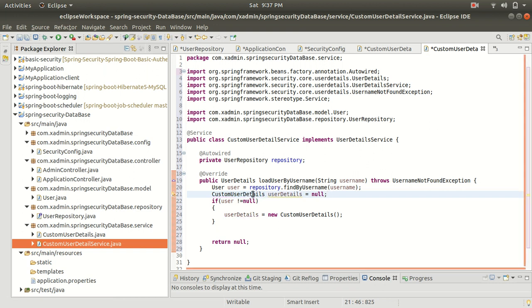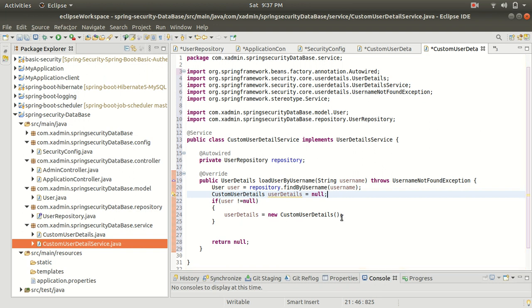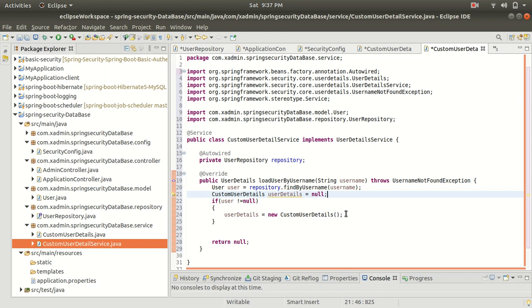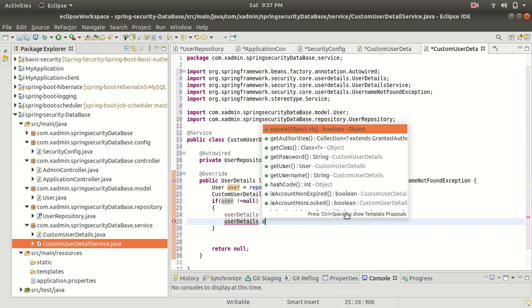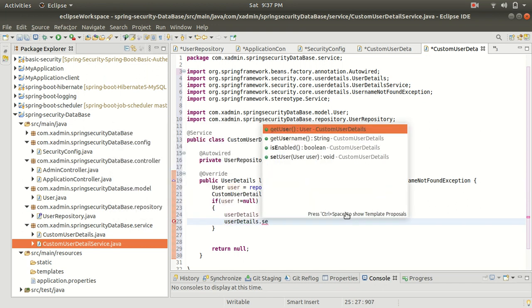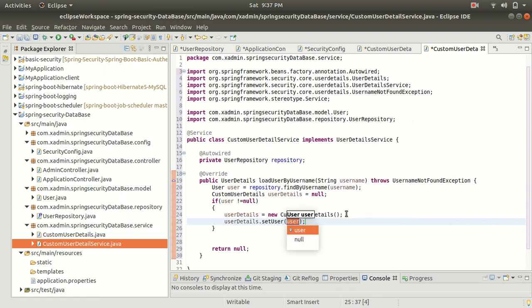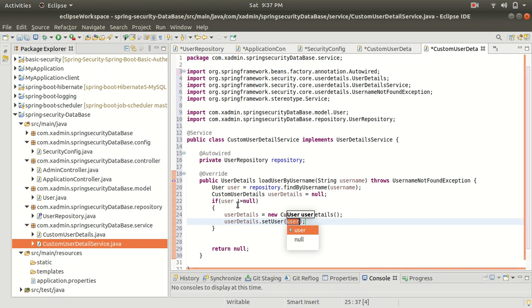So I have created a reference variable of a custom user detail, and I am storing a new object of the custom user detail class to the user detail. And with this user detail I am going to call a set user method to set the user inside our user detail class, and here I am passing my user.